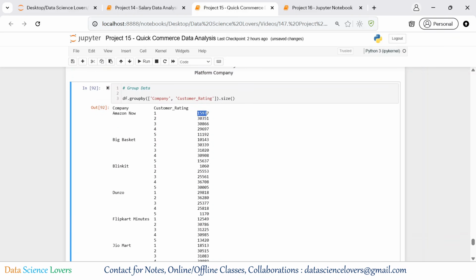Now we have to arrange this data in the form of a table, or you can say data frame. For this, we have to use the unstack function. After this, unstack, and here we have to mention fill value equal to 0. Unstack means it will reshape the output into a table format, and inside this we have to mention fill